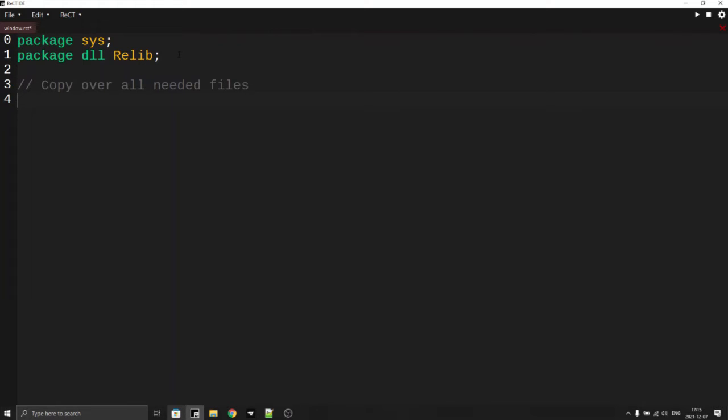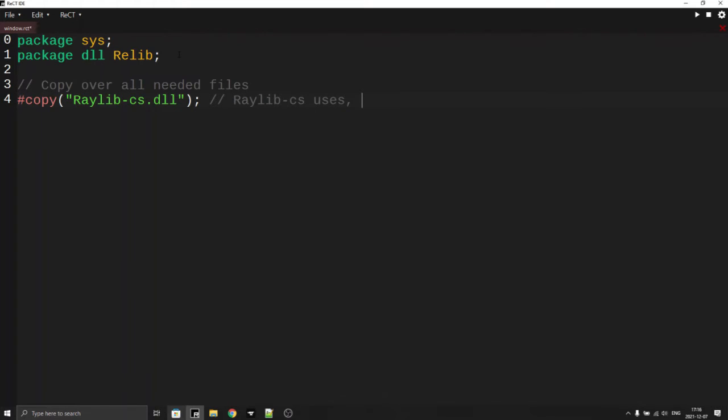This is odd because it's a voiceover. Now, what we want to do is copy ReLib-cs.dll, let's call it DLL. There we go,